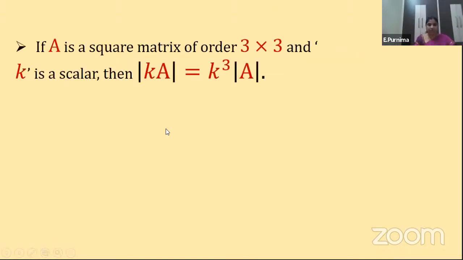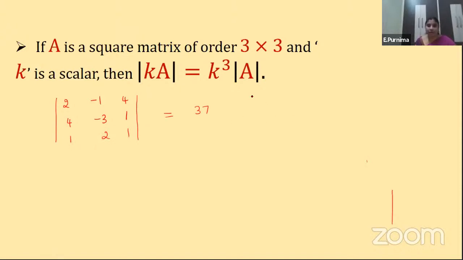Okay, so what was our matrix here? The determinant of the matrix with elements 2, minus 1, 4; 4, minus 3, 1; and the other row is 1, 2, 1. So these are the elements we have. So this was our matrix, and the determinant of this we got as 37.